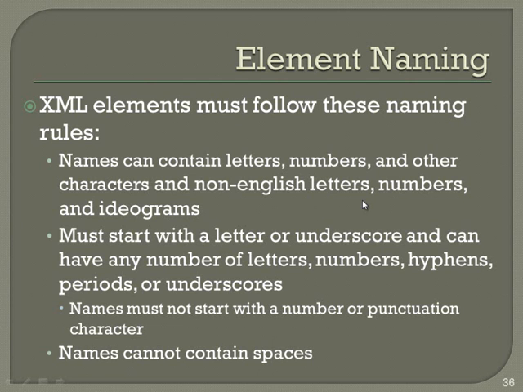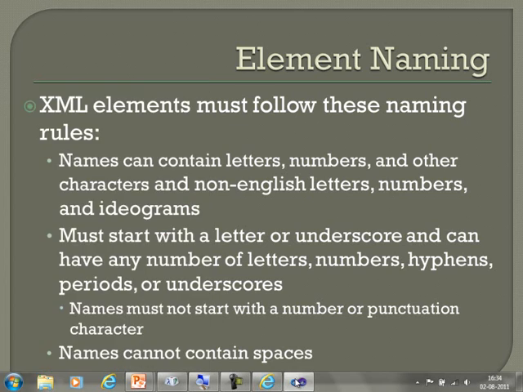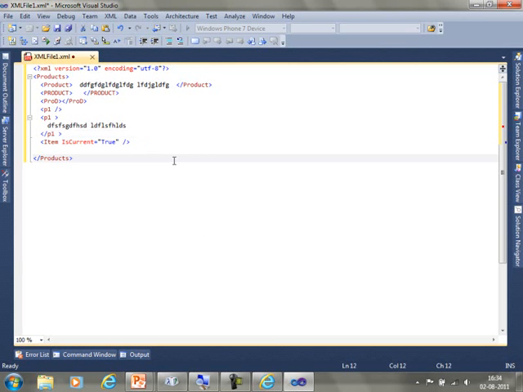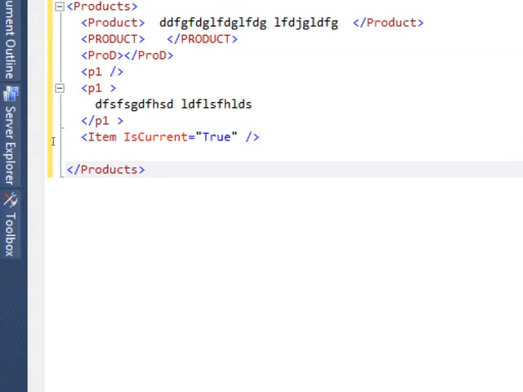Again, the other rule is you can begin a tag with the underscore. That's allowed, or a letter. You can't begin with a number. That's not legal. Also, you can't have spaces in the name of the attribute. So let's look at that now. If you create a tag,